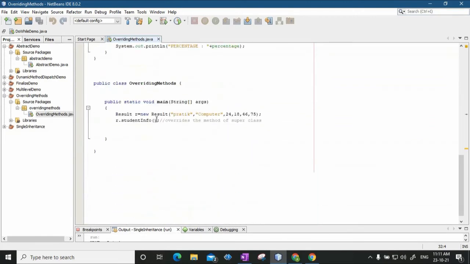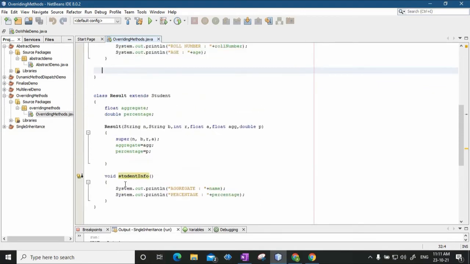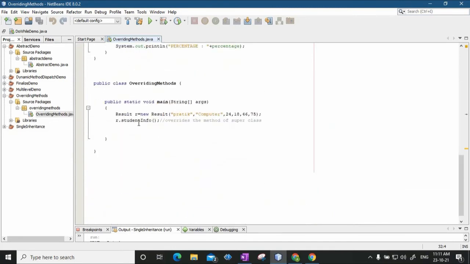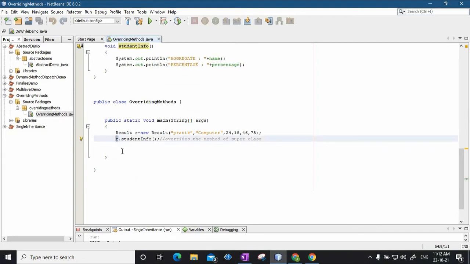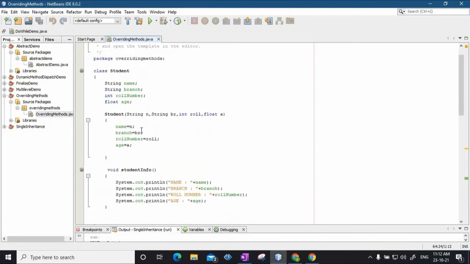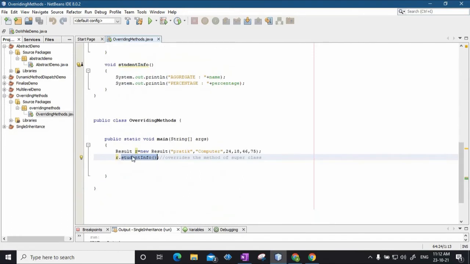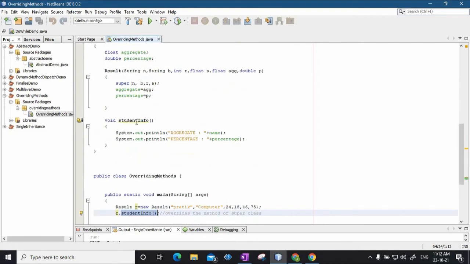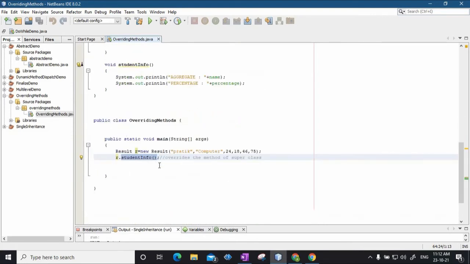So what is happening right now is, this R can access the student info method of its own class as well as of the parent class. But notice that when R tries to call the student info method, it overrides the method of the superclass. R is the object of which class? Is it the object of the student class or the result class? R is basically the object of the result class. As a result, when it calls the student info function, notice that it is present in the result class as well as in the student class. But since R is the object of the result class, it is going to override the student info method from the superclass, and it is not going to call that method, but its own method. And this is called method